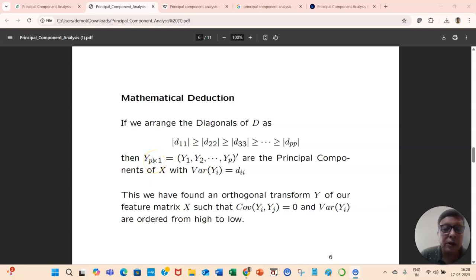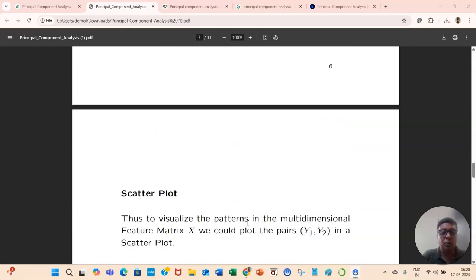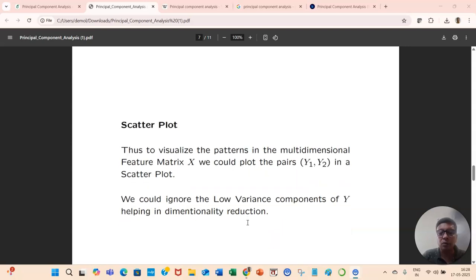orthogonally transformed matrix Y such that any two entries of Y are uncorrelated, their covariance is 0, and the variances of Yi are ordered from high to low. Thus we have found an orthogonal transformation Y of our feature matrix X such that covariance of Yi, Yj equals 0 and variances of Yi are ordered from high to low. So that's principal component analysis. And where it is used: